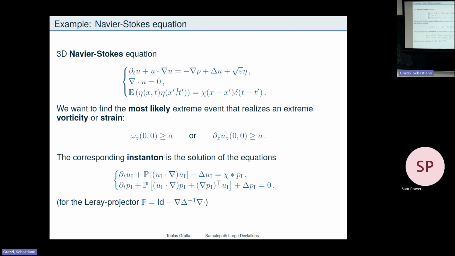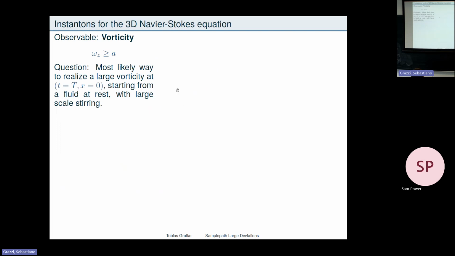And I want to, for example, ask questions like, how likely is it to observe a certain vorticity, where omega is the curl of the velocity, or a certain strain, which is just the derivative of the velocity field. So I can again phrase the instanton equations, and now I know integrating this forward and this backward gives me a gradient, and then I can plug it into an LBFGS that comes with, I don't know, MATLAB or Python in some form. I don't care about the details, but this is the equation that you will then need to solve in a forward-backward sweep for every gradient evaluation. And then you can solve these optimization problems.